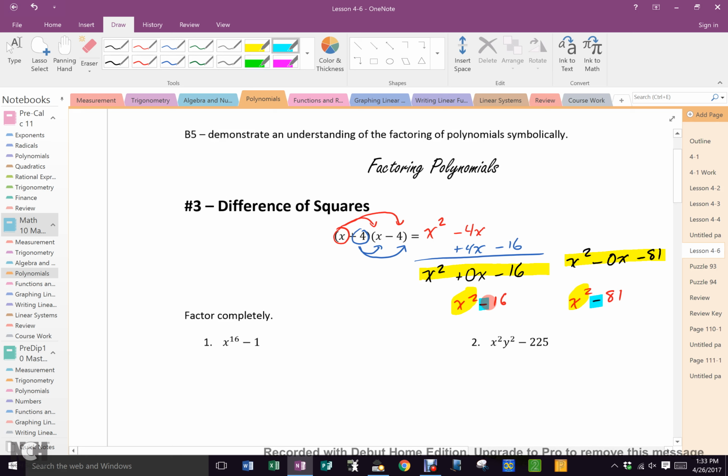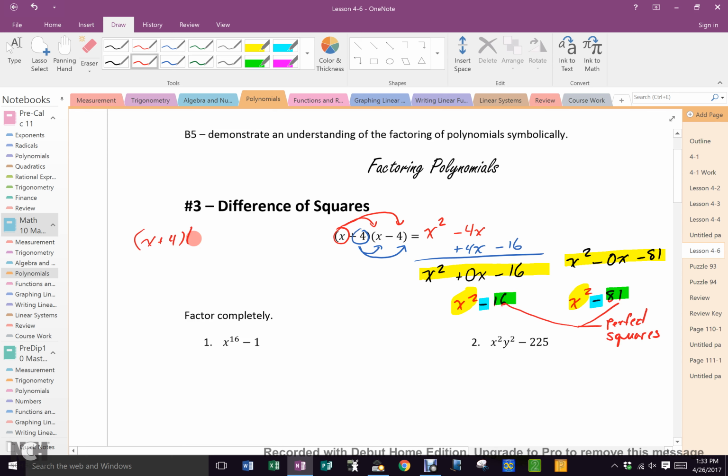And both of these are what? Perfect squares. Right? Everybody with me? Now you will notice that when we factored this, right, we ended up with x plus